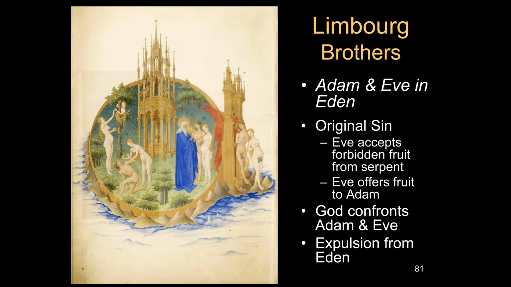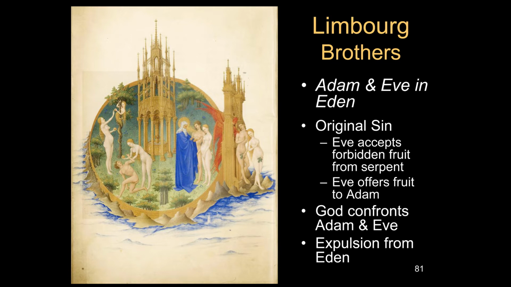And we see the original sin. Here we see the serpent who is tempting Eve and telling her that she should take this fruit, the fruit of the knowledge of good and evil. And then he tells her to bring it to Adam, and so she offers the fruit to Adam. After they have eaten of the forbidden fruit, they now know about evil; before they are totally naive. And they definitely feel guilty. They realize they have disobeyed God because God said you may eat of all the other plants, but not from that tree of knowledge.